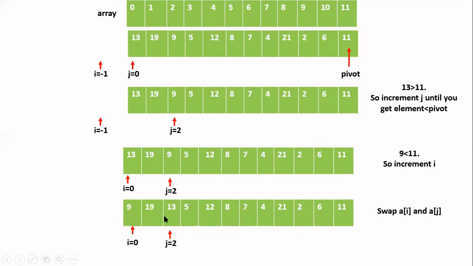Now we have swapped these two elements. So what is our next step? Again, check whether the element at A of j is less than the pivot element or not, and proceed incrementing j until you find an element which is less than the pivot element. Now here we have 13. 13 will definitely not be less than 11 because we have moved that from here only. So now you have to increment j until you get an element which is less than the pivot element, that is 11. Now try to see where the pointers are. i is now pointing to 9 and j is now pointing to 13.